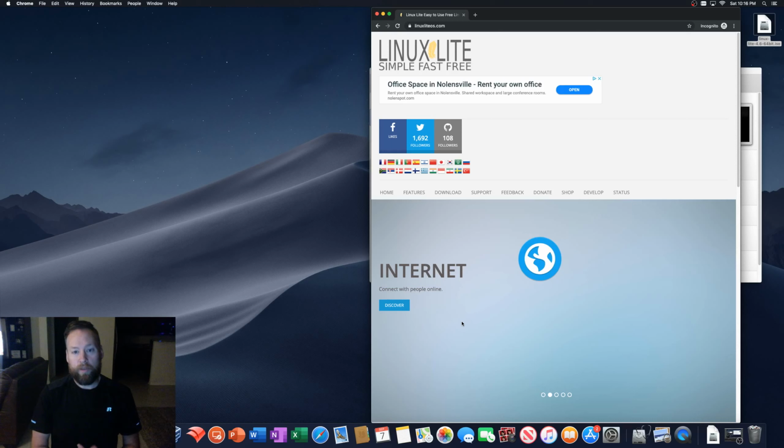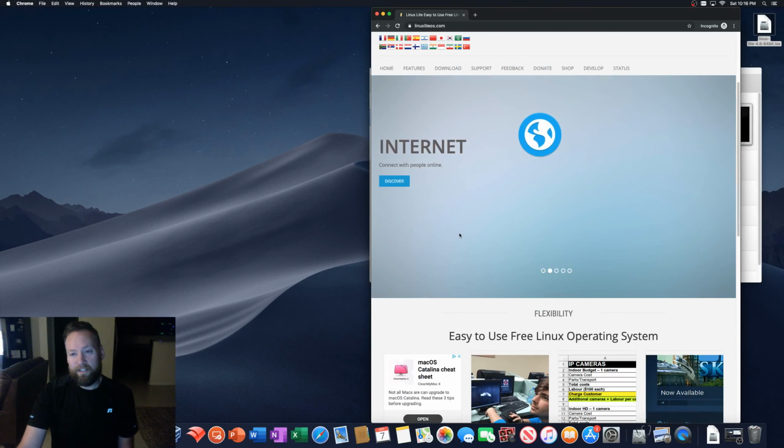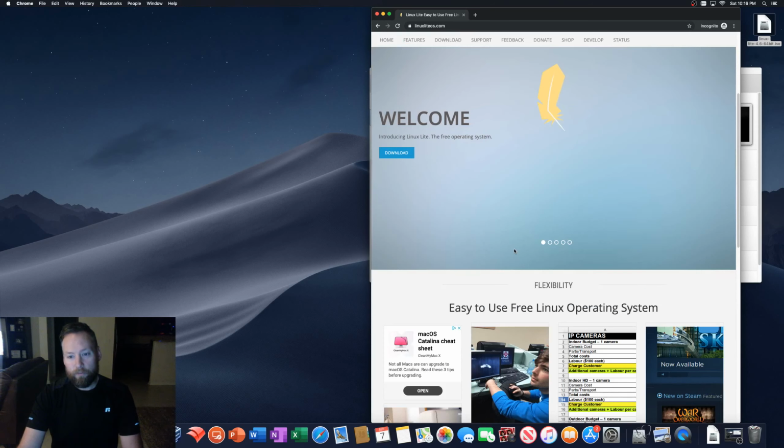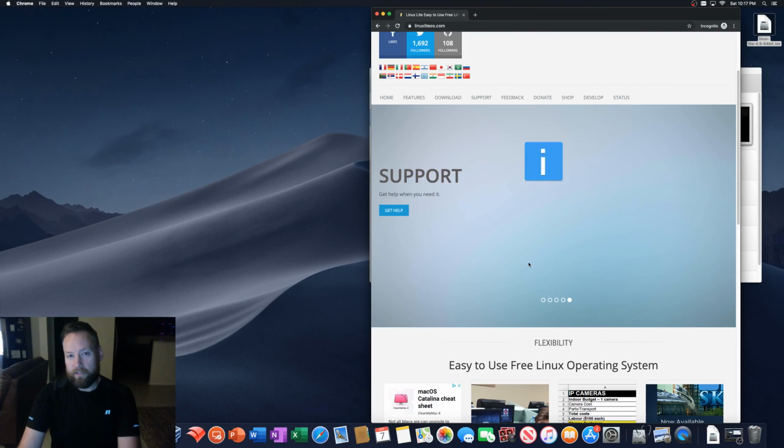But for those that want to maybe try something different, if they're tired of Microsoft and Windows 10's updates, problems that they may be having with it, it seems like they're gearing it for those types of people. I have to say, this would definitely not be the first time that I've seen an operating system that was a Windows killer or a Microsoft killer. This is going to really, in my opinion, be a lot like a lot of the older operating systems that back in the day would be, oh, this is going to be something that will really take off and replace Windows. And of course, nothing ever did do that. But